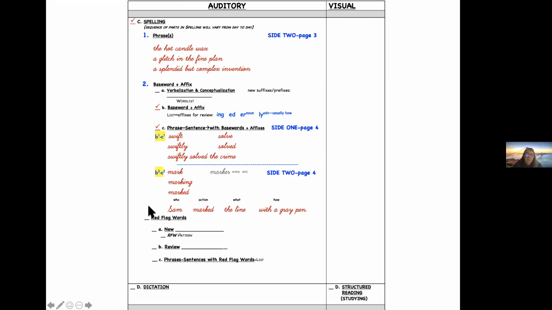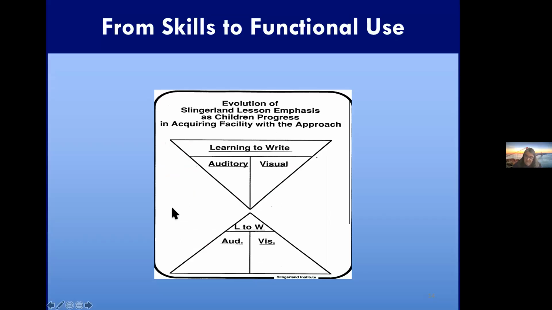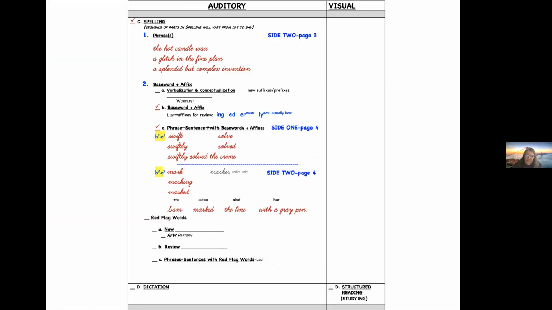Now, this was a completely practical decision. Marker is just as good as any of these others, but I have 5-line paper. I am not going to have room for four of these in a row because this sentence is not going to fit. So I have to keep two lines just in case. But I could have them add the ER to make the word marker and write it in the air and just not write it on paper. So I've still practiced ING, ED, and ER. And I could do that one after they write mark on their paper.